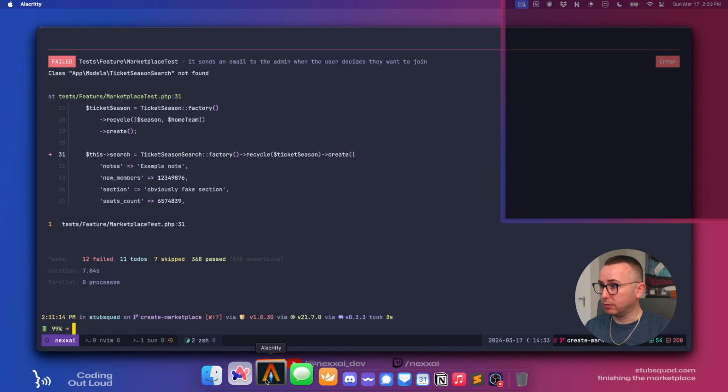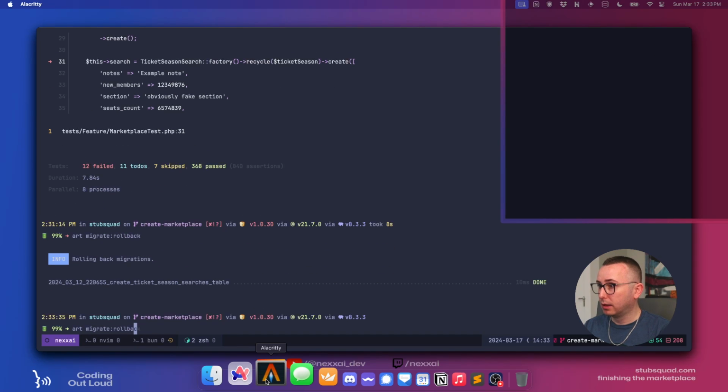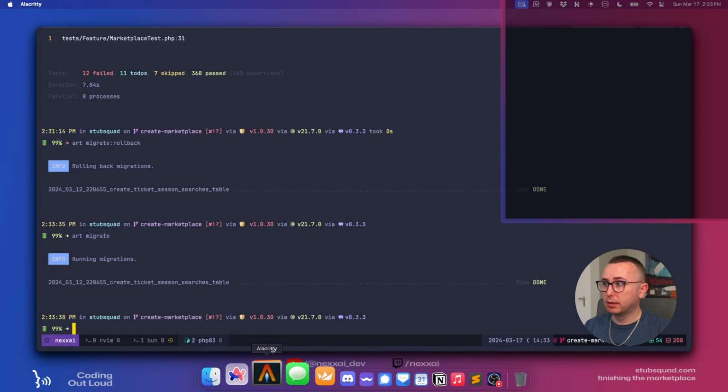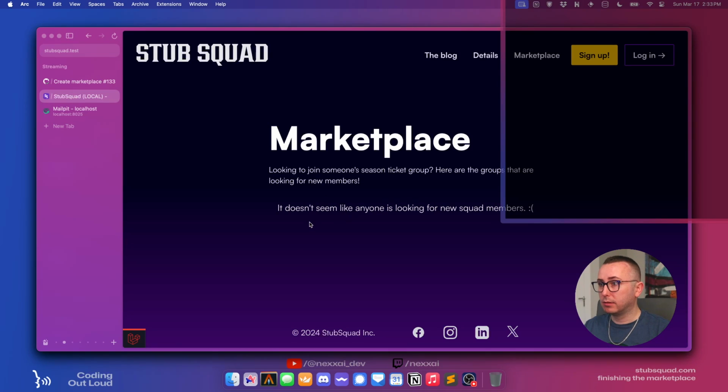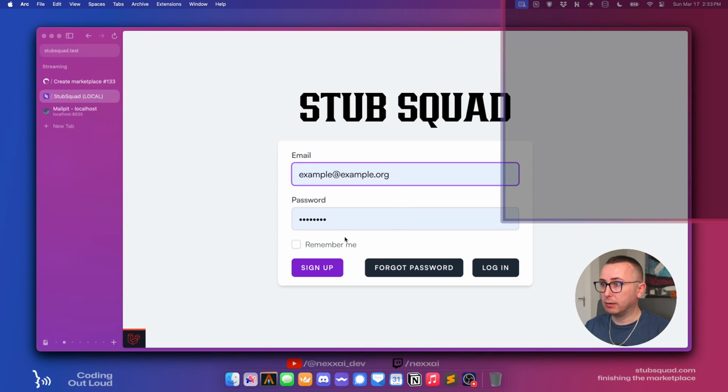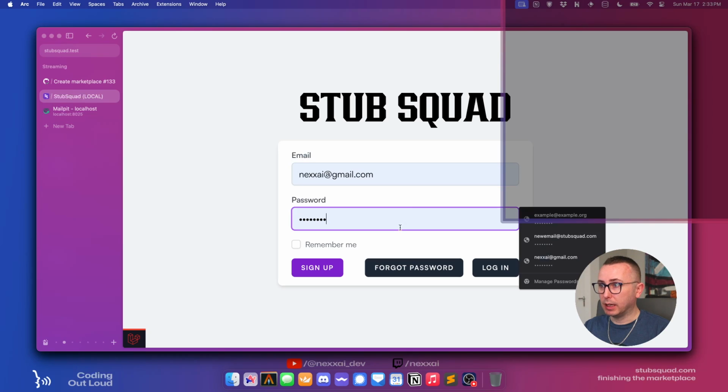So we need to run this migration. Artisan migrate, rollback, and artisan migrate. Okay, so now let's go create one, because it's throwing a 500, so this is something on the web.